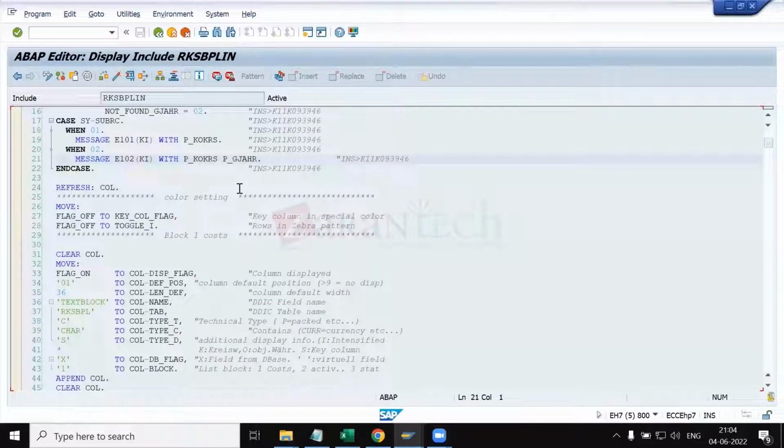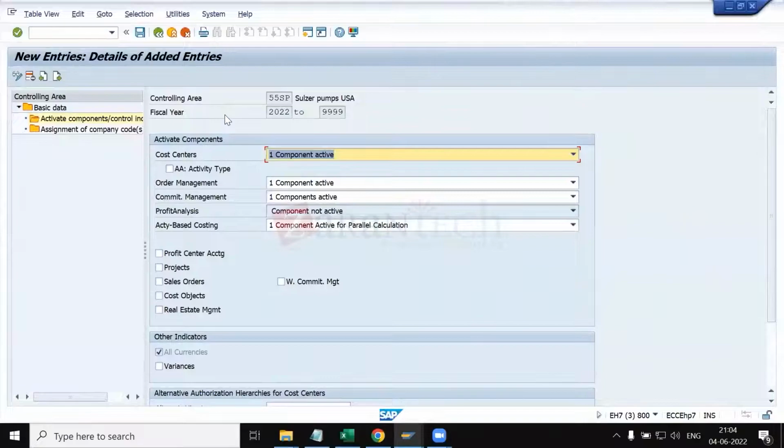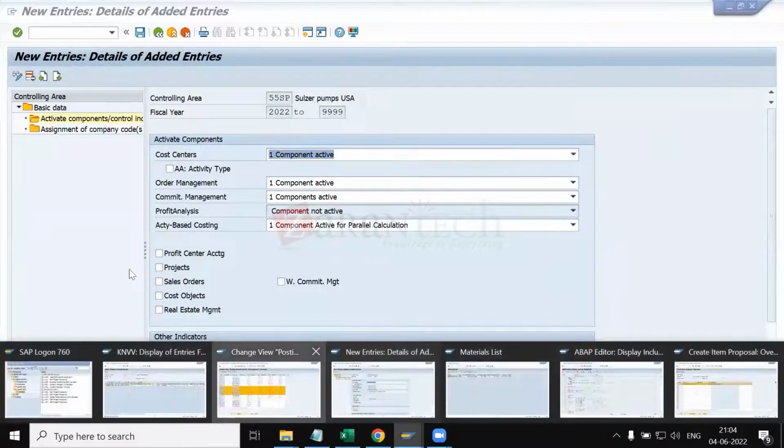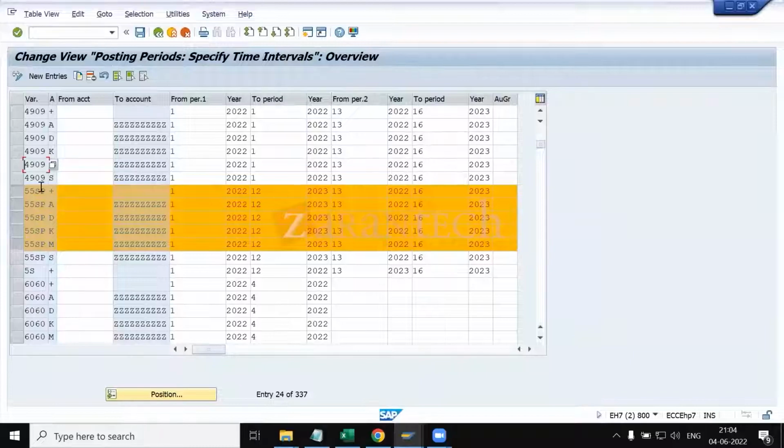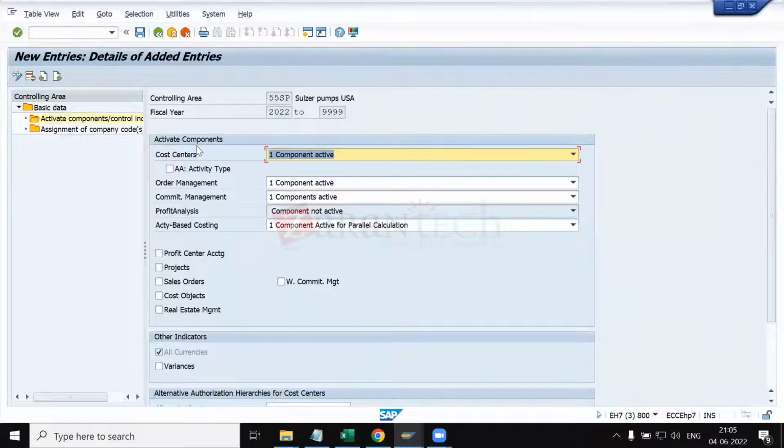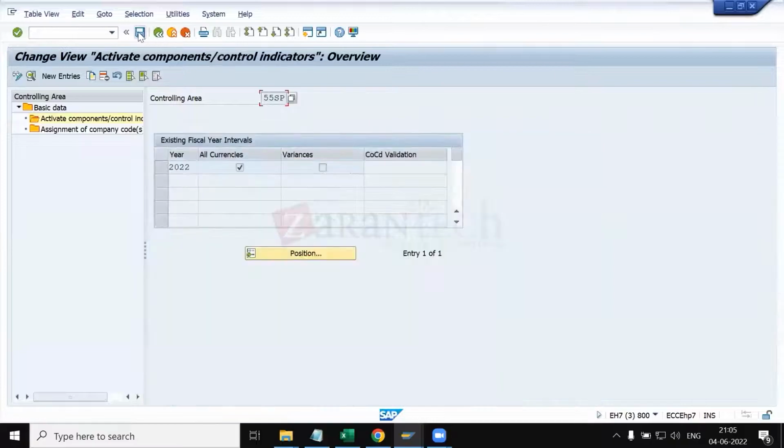So I have fixed this issue. Actually, it was from the FI point. Two things have been maintained here: the posting periods with 0055 SP for all the available account types. And second thing is in the controlling area, I've activated the components, okay, and I've saved this data. So I will quickly jump back